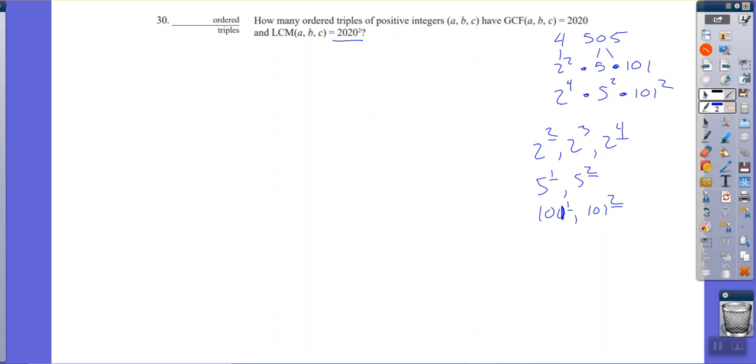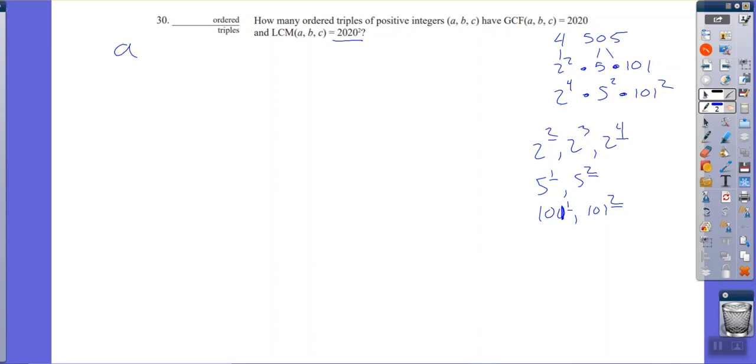So what I'm now going to do is look at the factor of 2, the factor of 5 separately, and the factor of 101 separately. All right, so I know that in A, B, and C, each of these numbers has to have a factor of 2, a factor of 5, and a factor of 101. I know that to be true. So in other words,